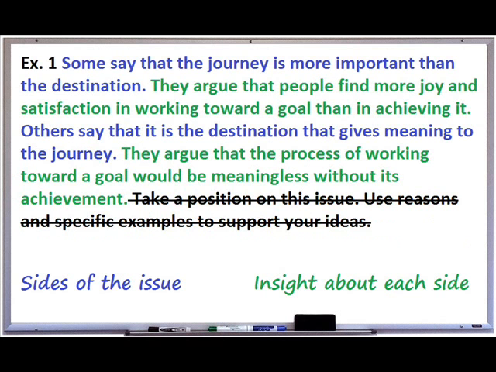As for extra information, this prompt does offer some. It gives an elaboration on what each side of the issue popularly states to defend its position, which gives you a head start in your brainstorming both for the reasons that you develop for your position and brainstorming for a counterargument.